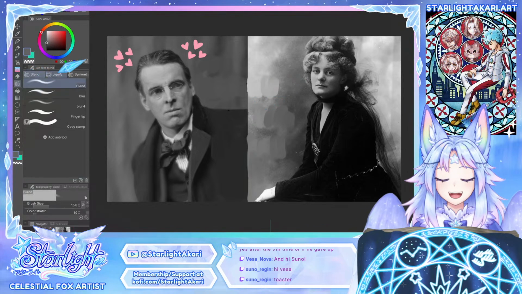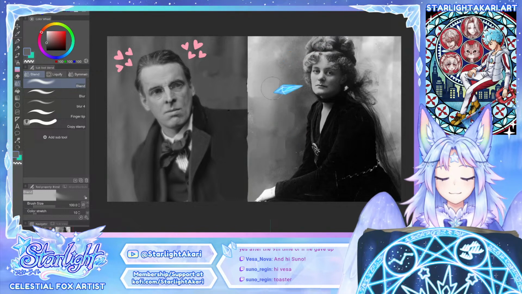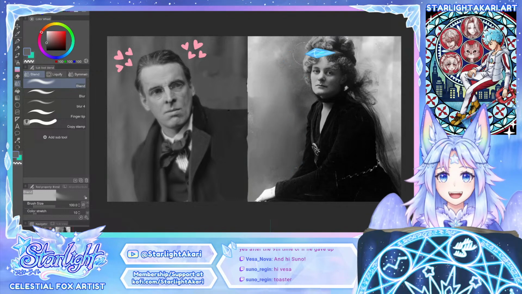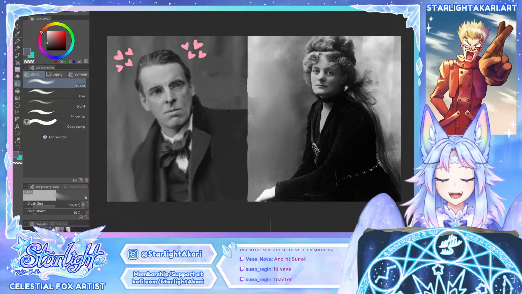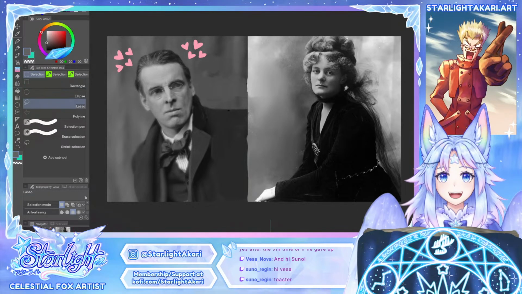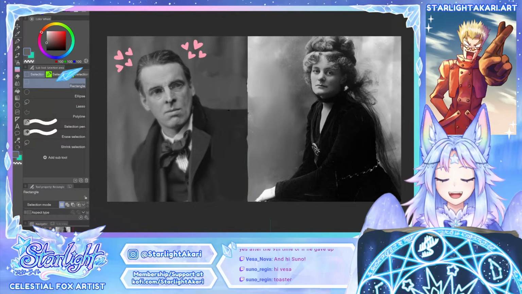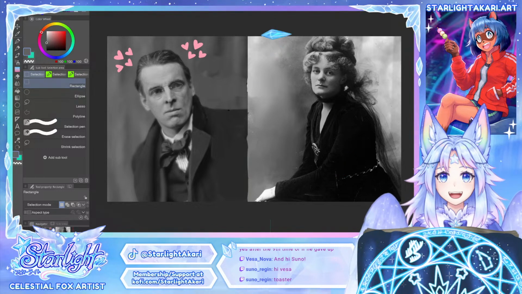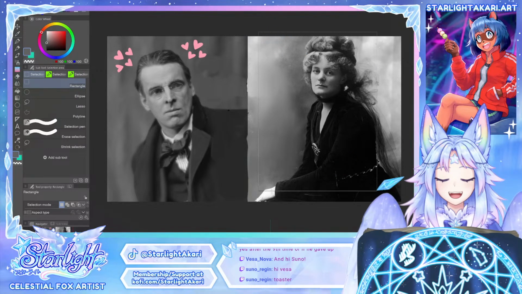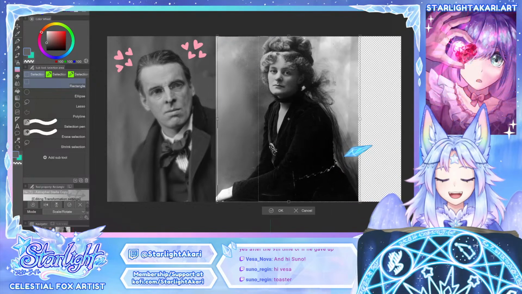I'm feeling a little bit picky, so let me just quickly blend these brush strokes out of the way. Just because that's gonna bother me otherwise. Alright, so now we basically got our separated characters. I want to experiment a little bit. I think that Astra did a very good job with how she cropped the pictures, but I'm just going to experiment and see if pushing them would be a little bit